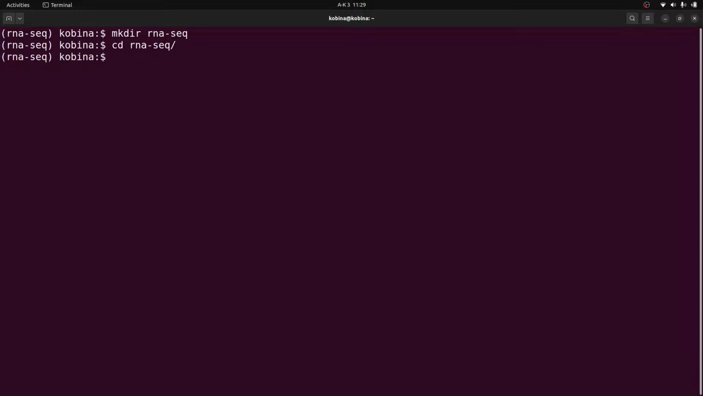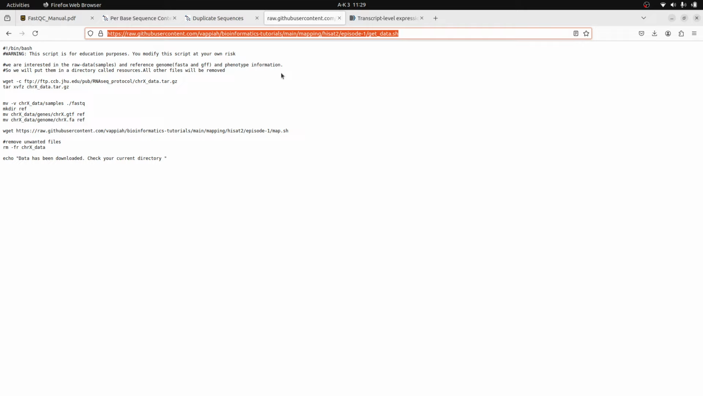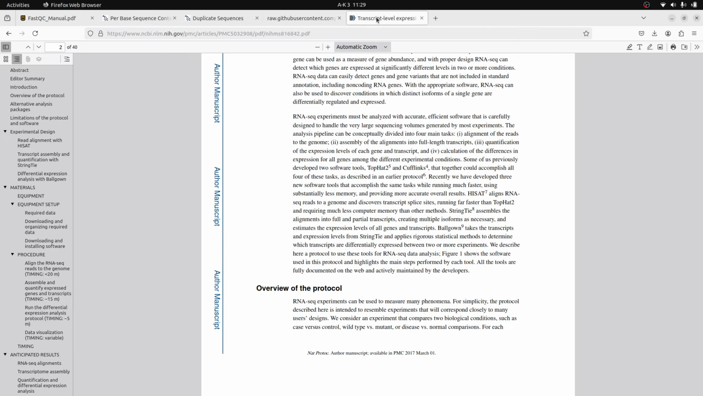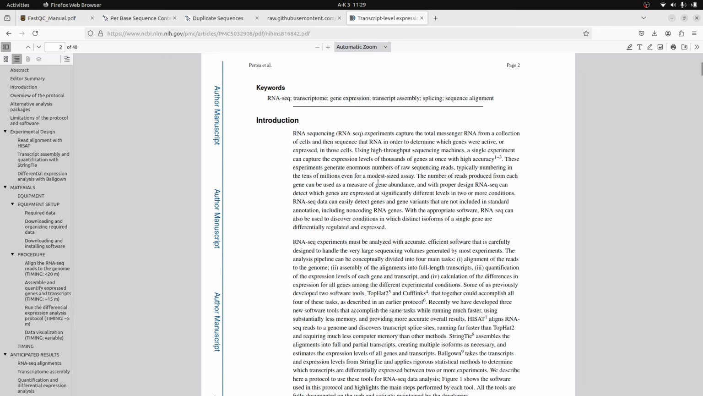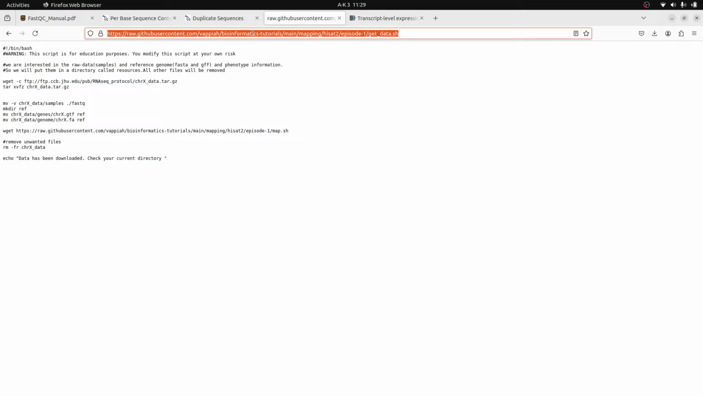All right, so now that I have cd'd into it, we can download the data. I'll just go over it again. To download the data, we just need to come to this page and copy this link. The link to this page is in the description box. This is the author, and this is the paper that published the data, but it's just for reference. All we need is this link. So just copy it, and then when you come here,